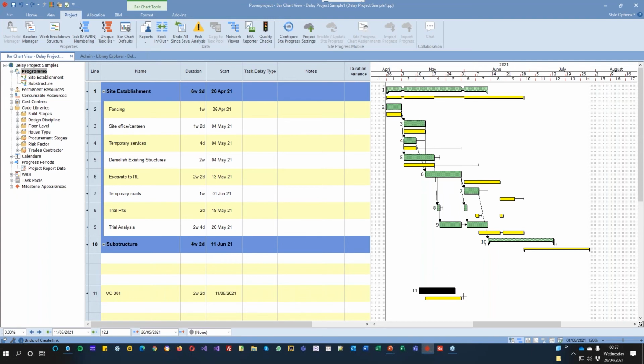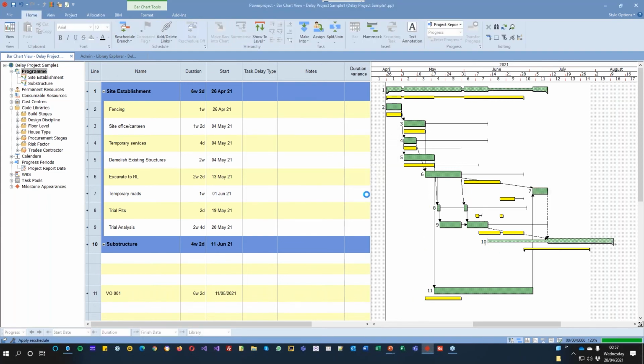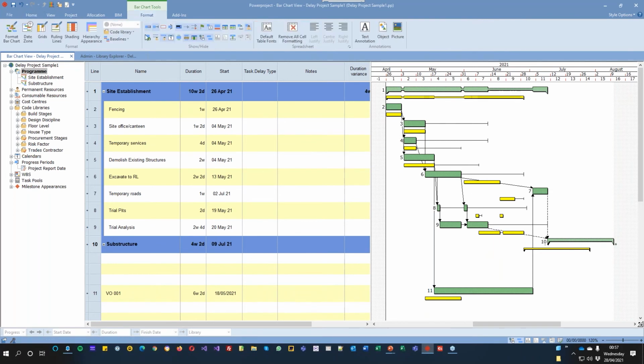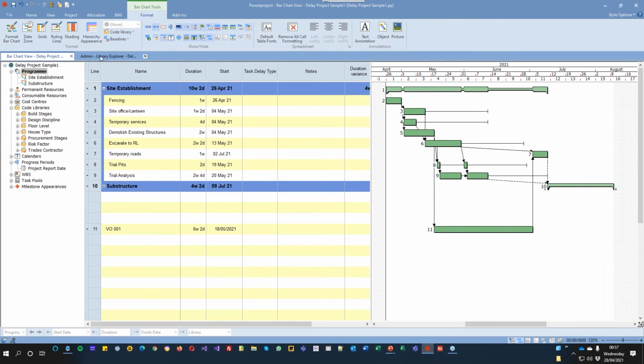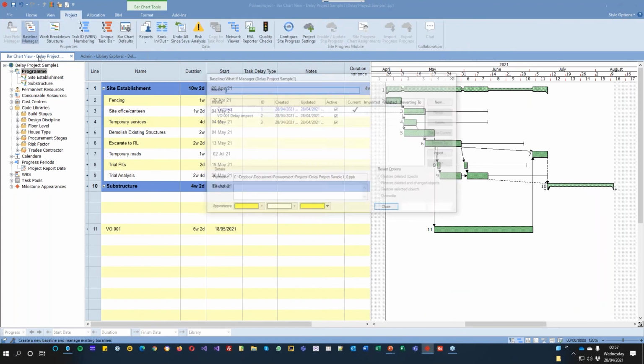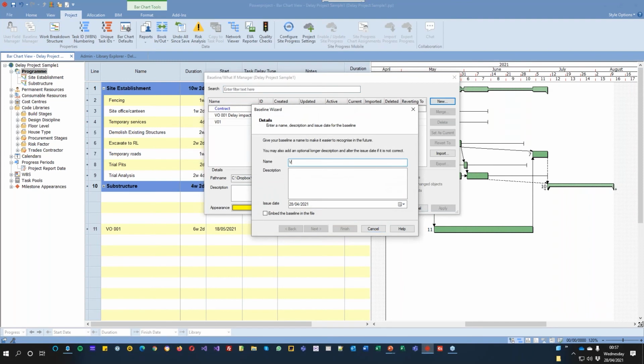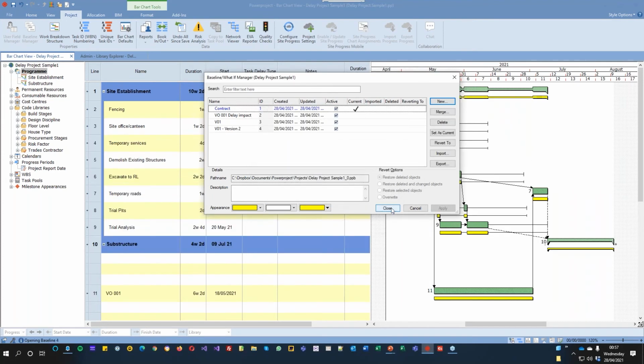And I could say, well, there's an alternate one that actually the change is going to be this long. There, and let's just say that's going to impact from here to here. So this is the same variation, but different scenarios we're working on in here. I do that, and I reschedule, and that shows me how it's going to be. Let me just turn off my VO1, and I can now say, well, actually, that's going to be a possible scenario, which might be variation 01 version 2. So it might be a different scenario which may save money, but actually going to take further time